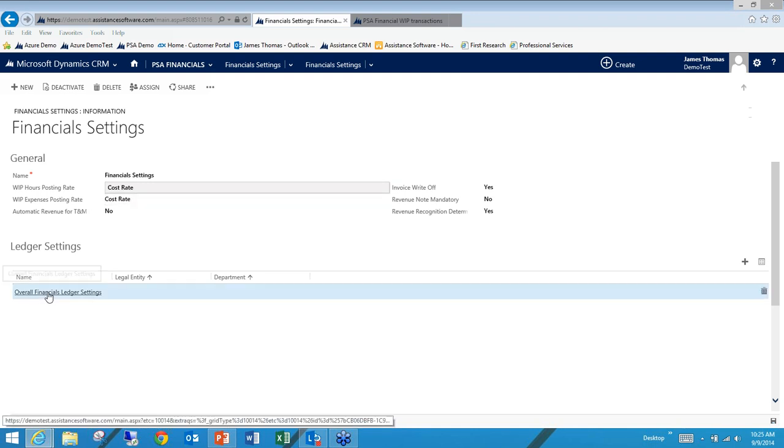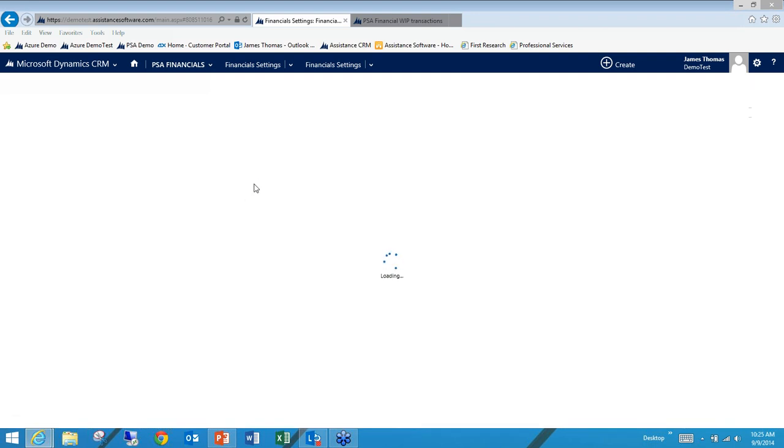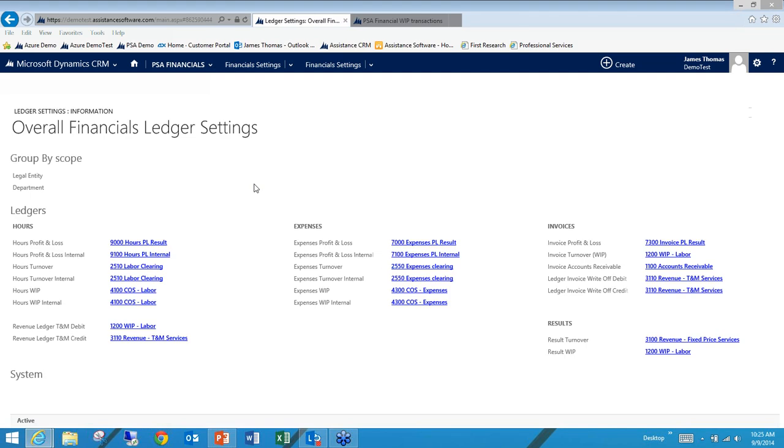Then the last area here is the ledger settings. This is where all the default ledger accounts are stored for the PSA Financials module. We will be having a step-by-step guide released in a couple of weeks for PSA Financials, which will go in depth to explain what each of these fields do in terms of their impact on the financial process. But you can see here